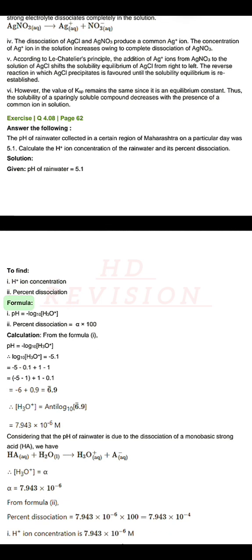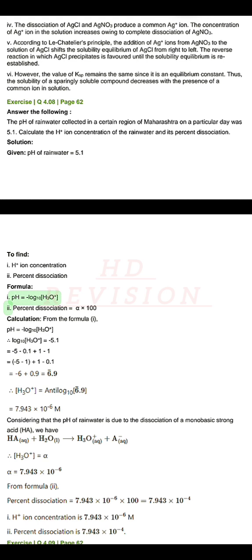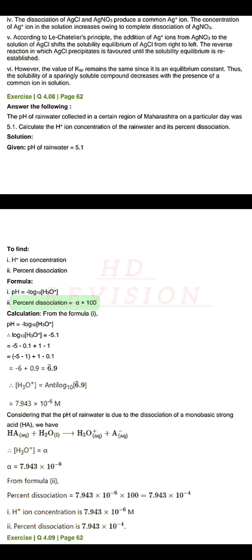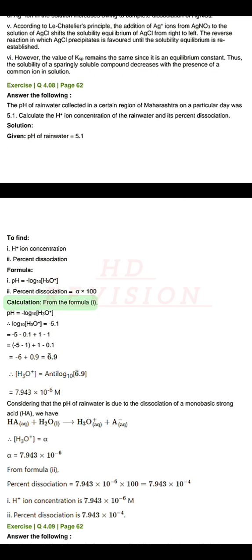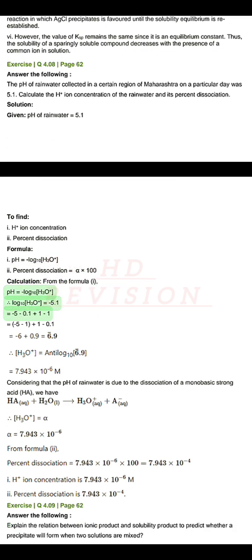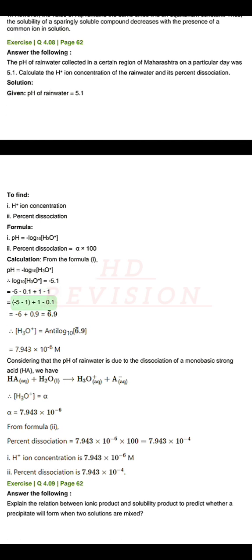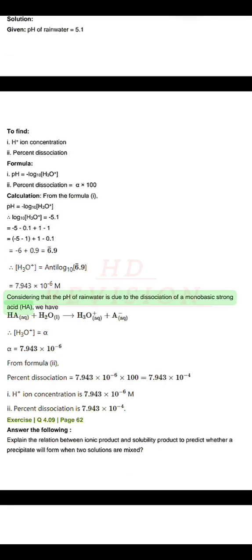Formula. (i) pH equals minus log10 [H3O+]. (ii) Percent dissociation equals alpha times 100. Calculation. From the formula (i), pH equals minus log10 [H3O+], so log10 [H3O+] equals minus 5.1, which is minus 5 minus 0.1, or minus 6 plus 0.9. Considering that the pH of rainwater is due to the dissociation of a monobasic strong acid, we have